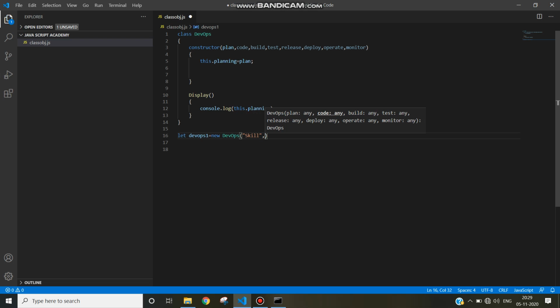And then for code, take Visual Studio Code. To build, you can use Maven, and for test, you can use Selenium, and for release, you can use Jenkins.